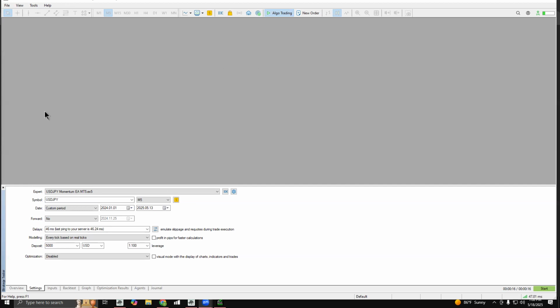It says MT5 IC Markets account. I just want to show you guys how the backtest looks. And over here in the settings of the backtest, I'm just gonna show you what I have here. So this is an EA just for USDJPY, and this EA you add on the regular 5-minute